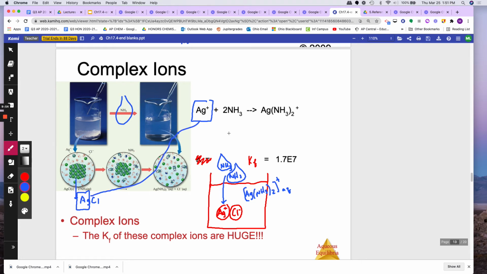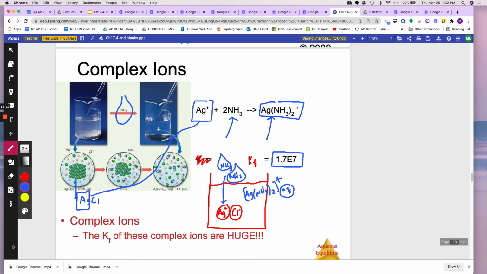bonding with it, making a complex ion, and that Kf, the f means formation in this case, it's just another equilibrium constant, is 1.7 times 10 to the positive 7. Huge. Okay, once it steals the silver, it has a +1 charge and it's still aqueous. So in essence, you just dissolved Ag plus and Cl minus, but the Ag plus is in the form of a complex ion, of course,